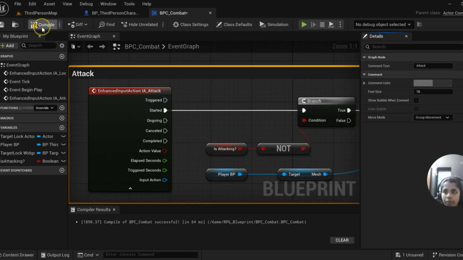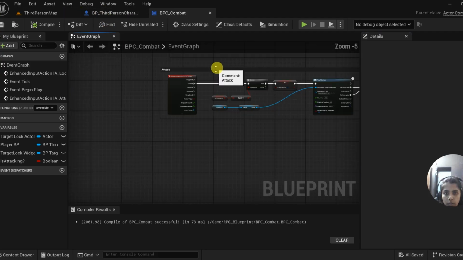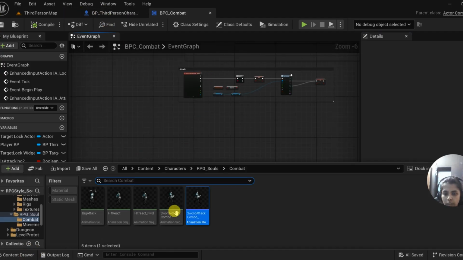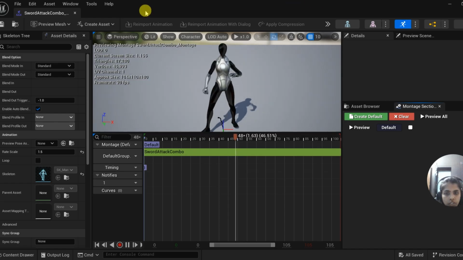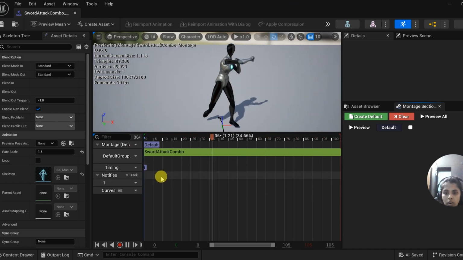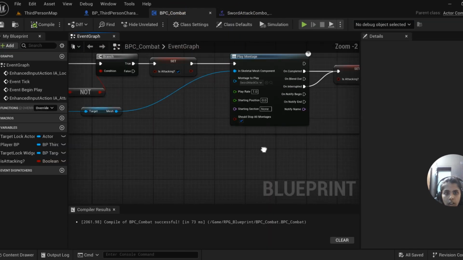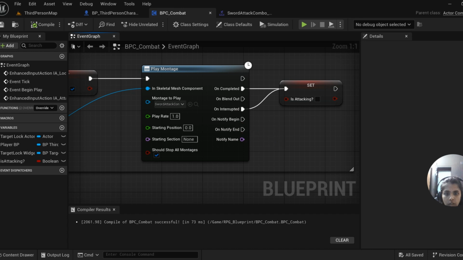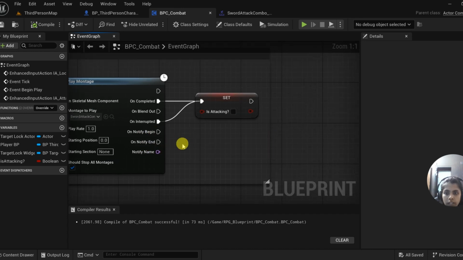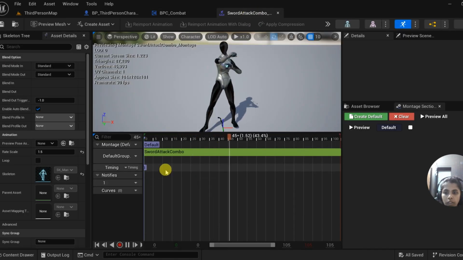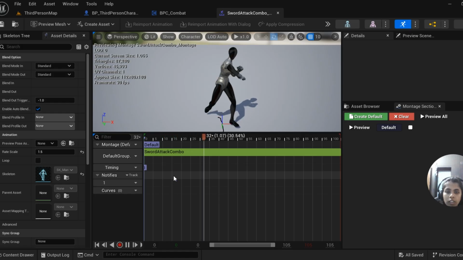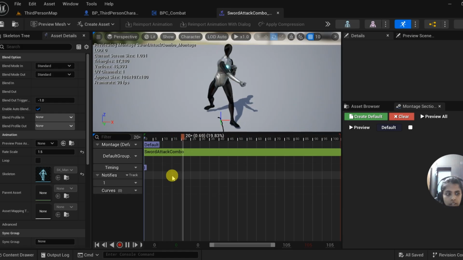So now in order to get that only one sword attack, I have to get back to my montage. And there is something called notify. You would have noticed this notify here also, like on completed, the notify begins, end, notify name and everything. So this is going to help me in triggering only the part I need in this. So in order to do that,